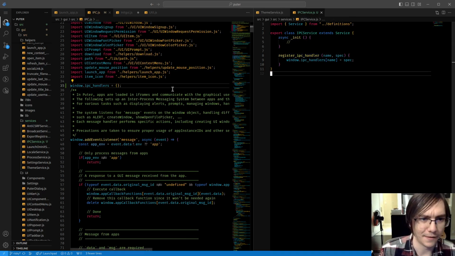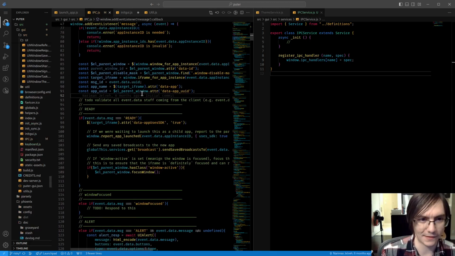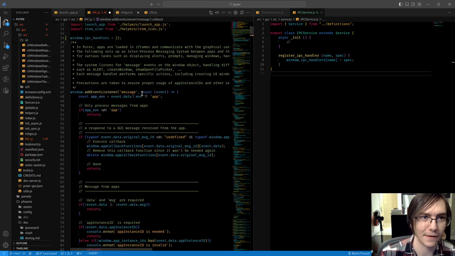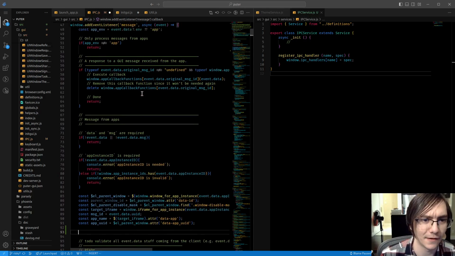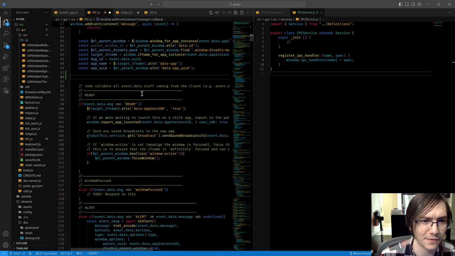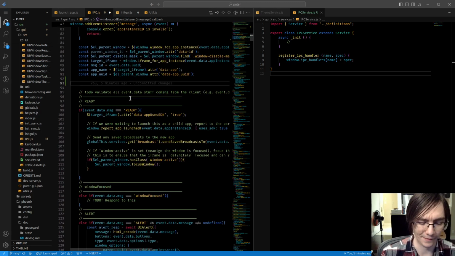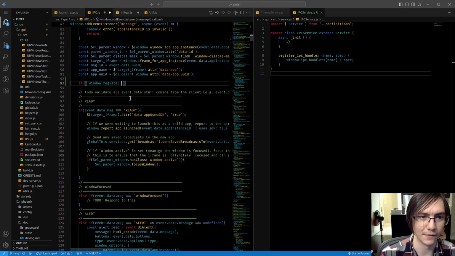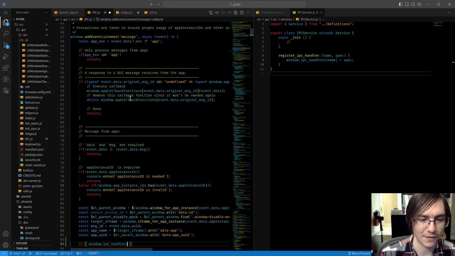So there we are. Now I can write a naive for loop where we actually, this doesn't even have to be a for loop. We have the event data message. I believe that's the name of the event. Yes. So if window.register, oh whoops, not register, it's just IPC handlers, right? If window IPC handlers